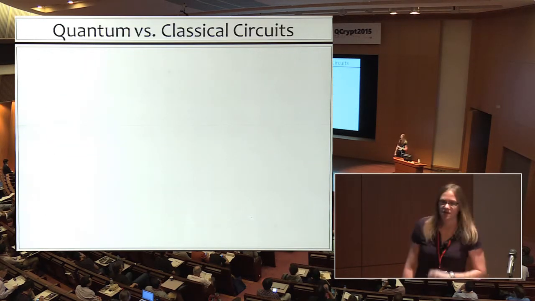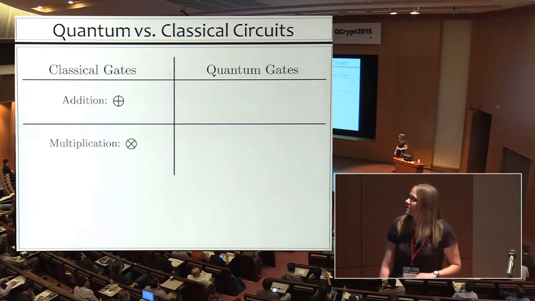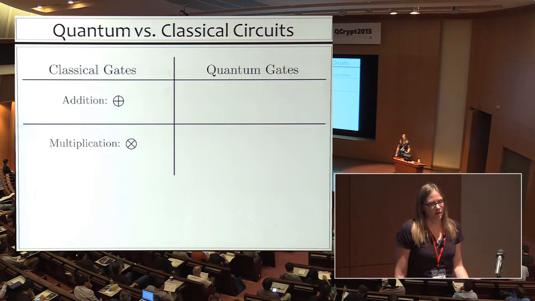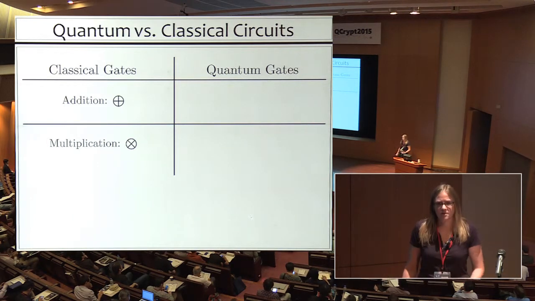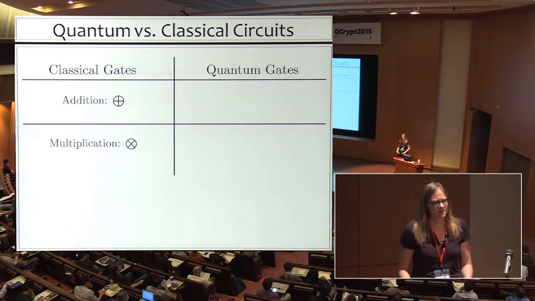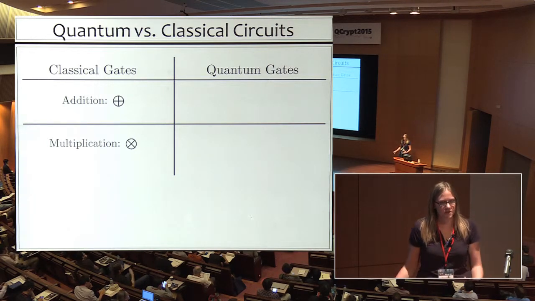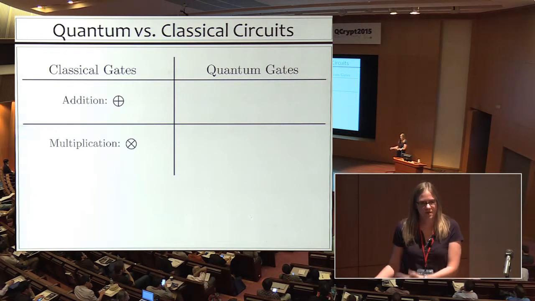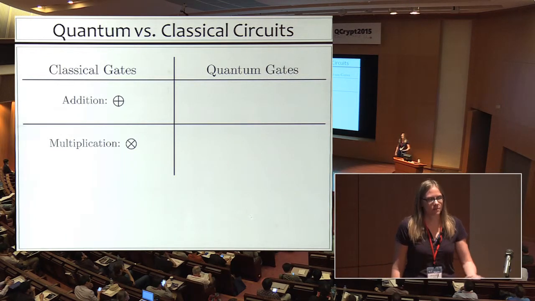Okay, so before I state exactly what we achieve, let me briefly compare quantum and classical circuits. So classically, addition and multiplication form a universal gate set, and addition is typically the easy gate to implement homomorphically. So if we want to consider classical homomorphic encryption, it's sufficient to consider how we can homomorphically add two ciphertexts and how we can homomorphically multiply two ciphertexts. And in all of the fully homomorphic encryption schemes that exist, adding is very easy. You just add the ciphertexts, and that gives you a ciphertext that encodes the sum of the two messages. Whereas multiplication is always a much more involved procedure.